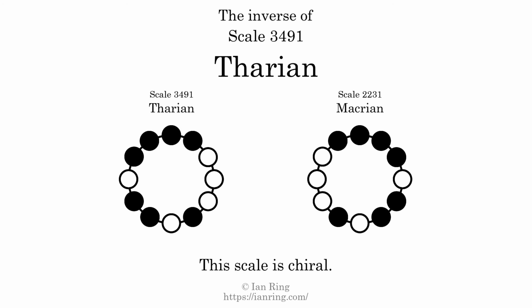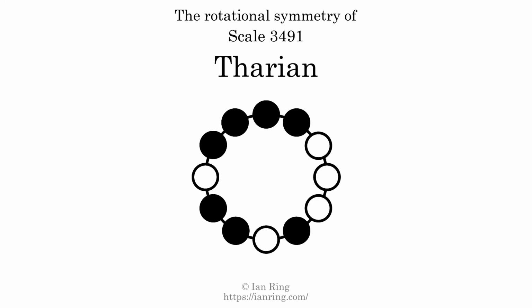The inverse of a scale is a mirror image. It is what you get when the sequence of intervals is reversed. The inverse of this scale is scale 2231, also known as Macrian. This scale is chiral. It cannot transform into its inverse by rotational transformation. This scale has no rotational symmetry. For even more detail about this scale, visit